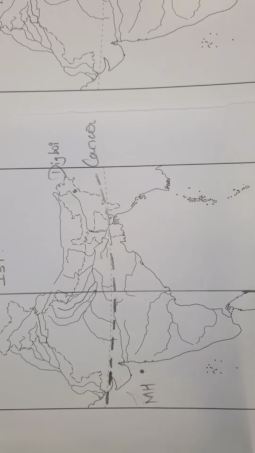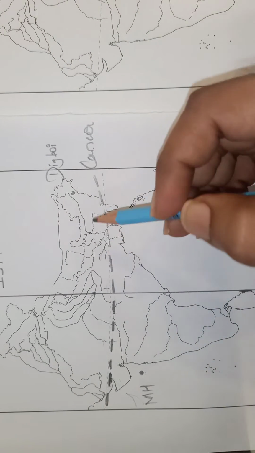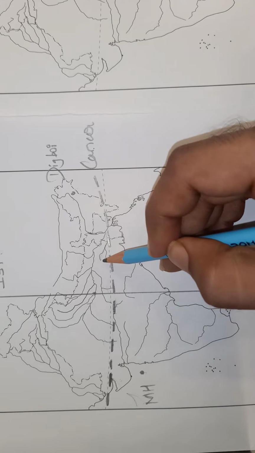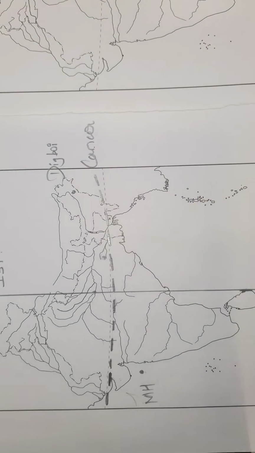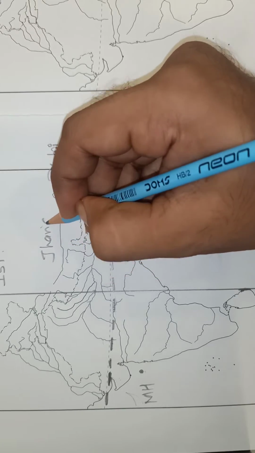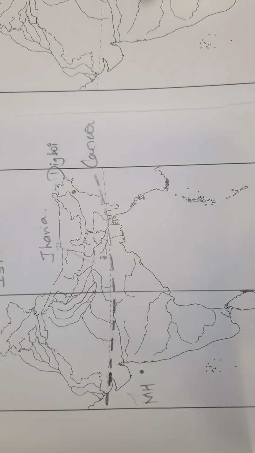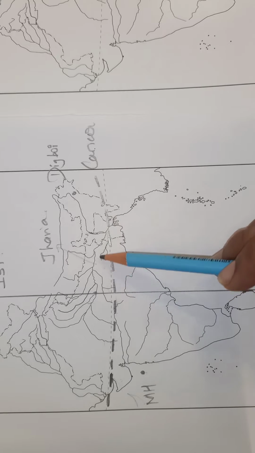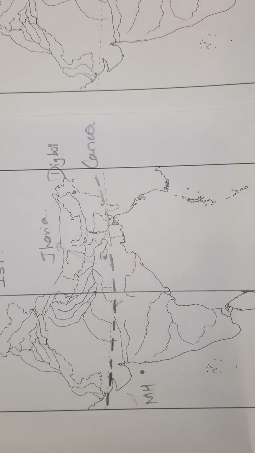Next is the coal field. From where does India get coal? Mark a field. You can see two curves over here. In between those two curves, you have to mark. This is called Jharia. So this dot is the Jharia coalfield. You have to keep in mind that your dot should be between these two lines and it should not go outside. So this is the Jharia coalfield.